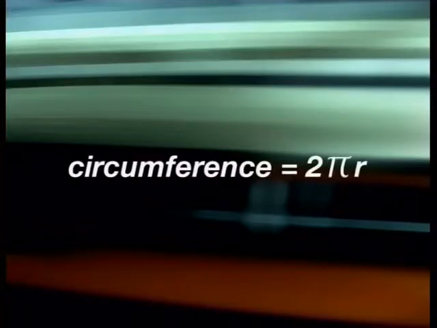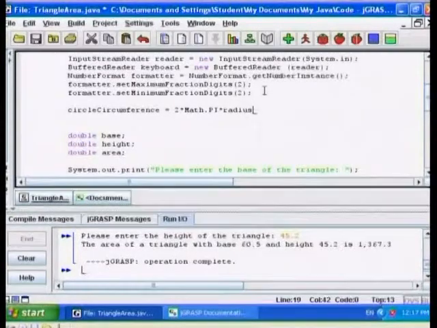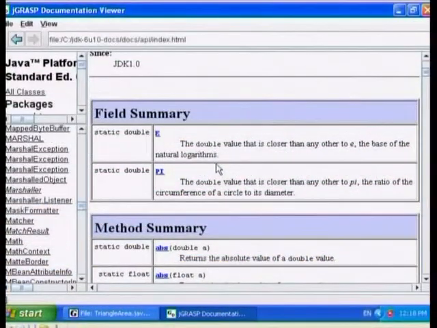We simply write math.pi. Now the formula for the circumference of a circle is 2 pi r, where r is the radius of the circle. So in Java, we would write